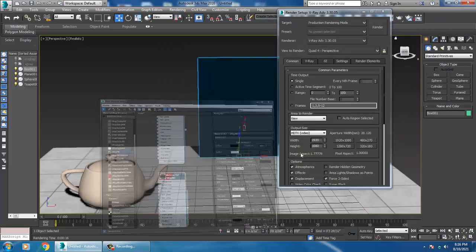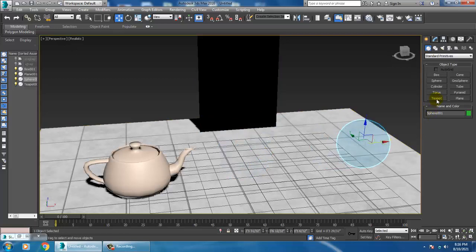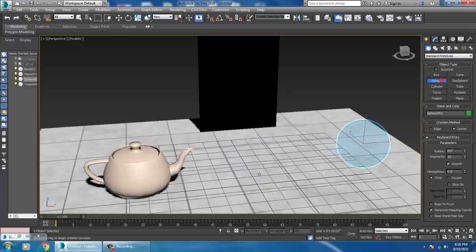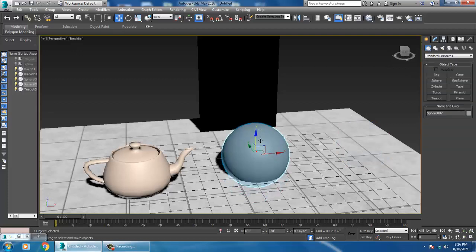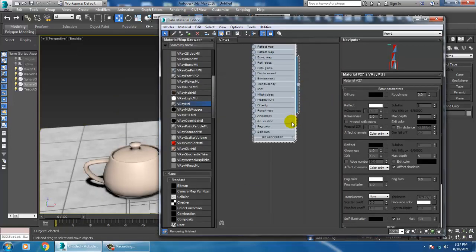After that, we can also work with some reflective metallic objects. So let's go into this. And now let's go into the material over here, and let's take a V-Ray material again.